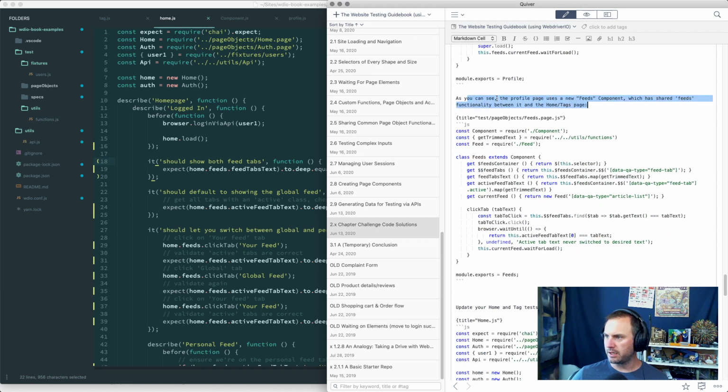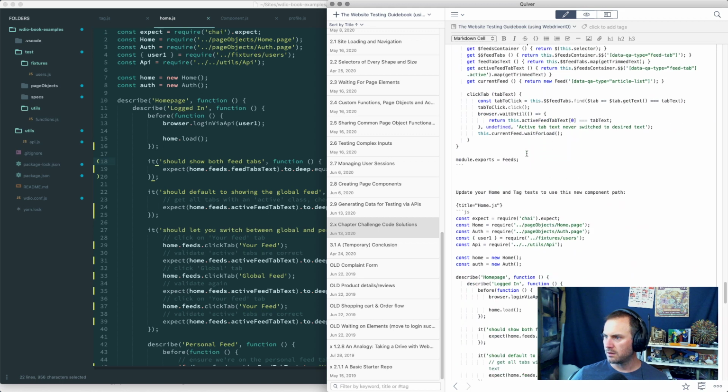See, the profile page uses a new feeds component, which has shared feeds functionality between it and the home tags page. Since we're using a new shared component, remove